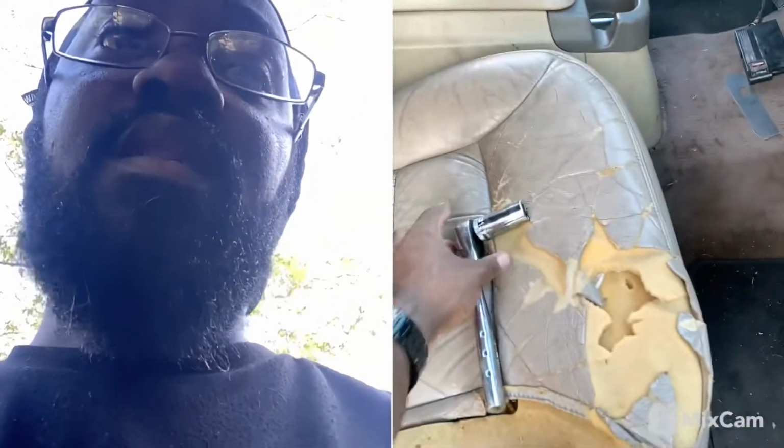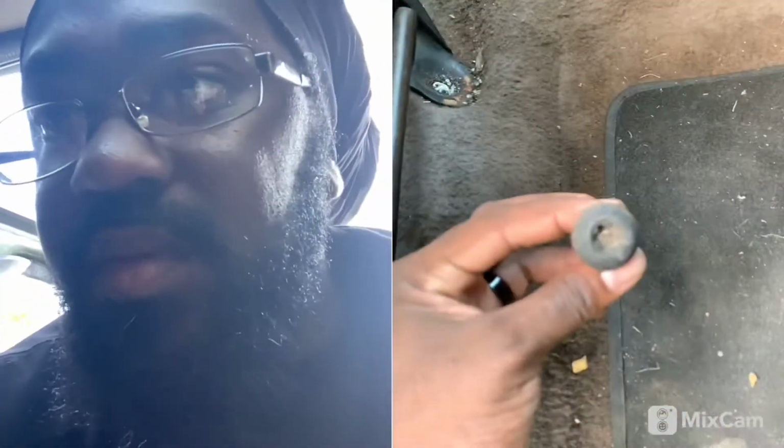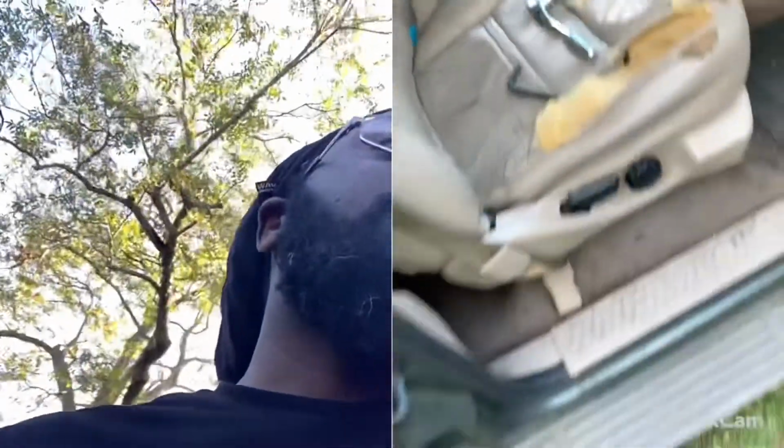So pretty much all you need is a 9 Allen key, and then for me I also needed an 18mm deep socket to take out the screws. I've already taken the screws out, but I'm gonna show you guys what I had to deal with. For the 9 Allen key, this is what they look like. I had those on all the front of the seats, and then for the back seats I had to use the 18mm